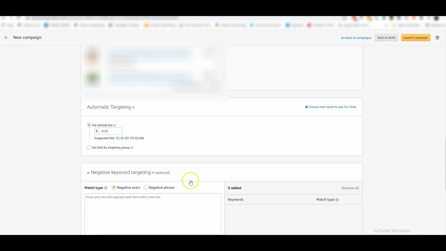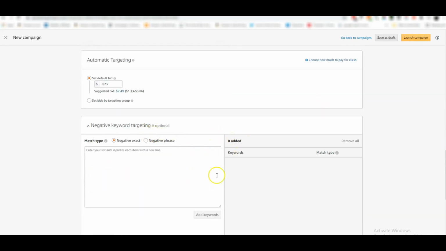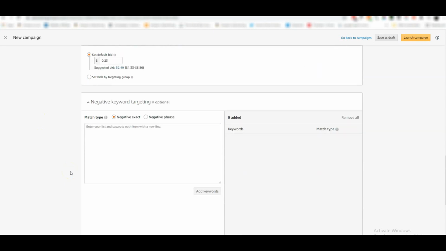So now you have a negative keyword targeting option. I think that is really something you can use once you know the kind of words that people are clicking on. So imagine that this is your ad, and imagine that you've used keywords like notebook, lined notebook, or because it's got a clock on the front cover, maybe you've typed in alarm clock or something. What happens is that people will find your book when they type in those keywords. So if someone types in alarm clock into Amazon and wants to buy an alarm clock, this book will come up because you've put alarm clock in the keywords.